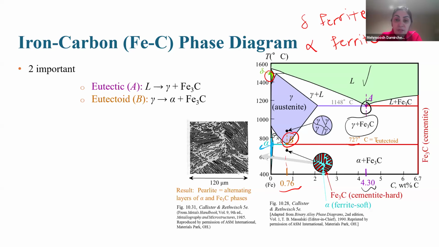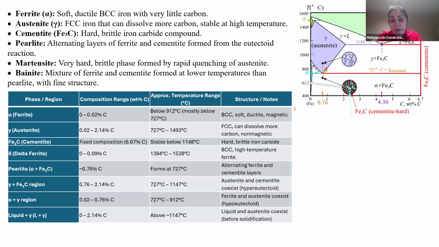And for the eutectic reactions, we have gamma convert to alpha plus cementite. That's very important points and reactions in the iron carbon phase diagram. Okay, if you remember, I told that we have several phases for iron carbon. Some of them you can see here, some of them you should see by the effect of the cooling rate and the time, or TTT diagram, that we will talk about in the next video.